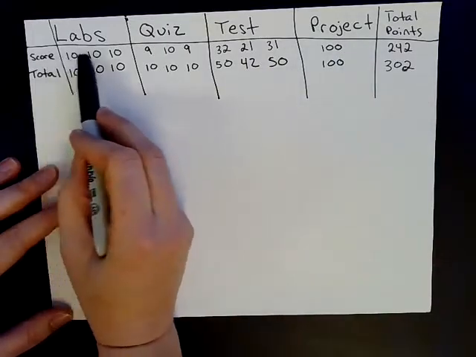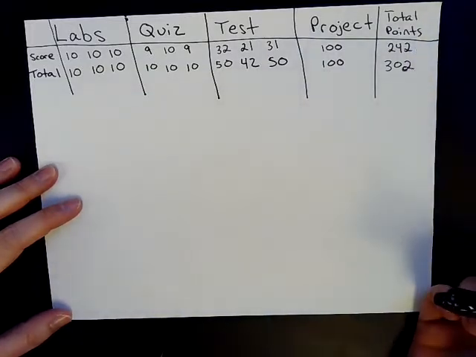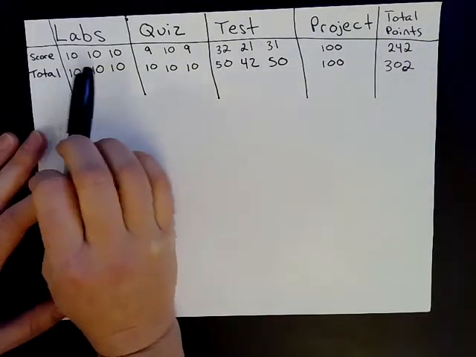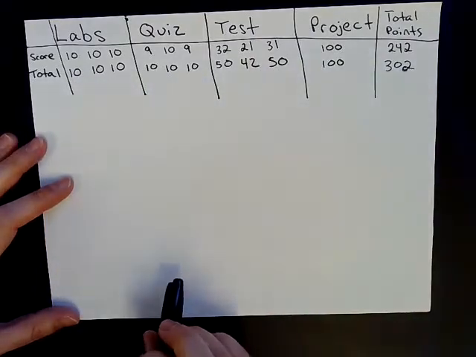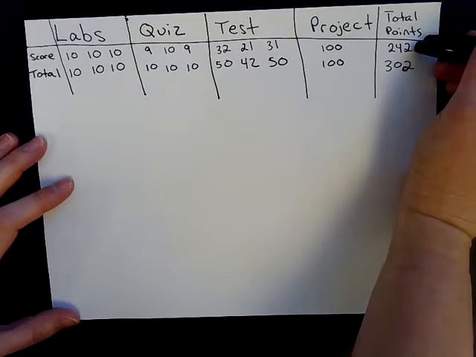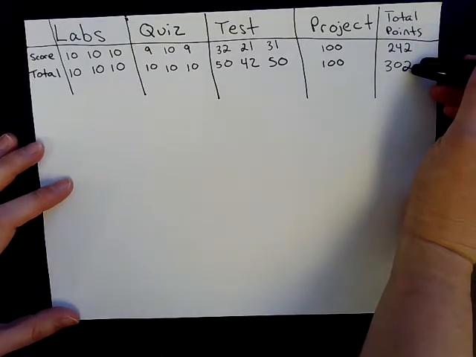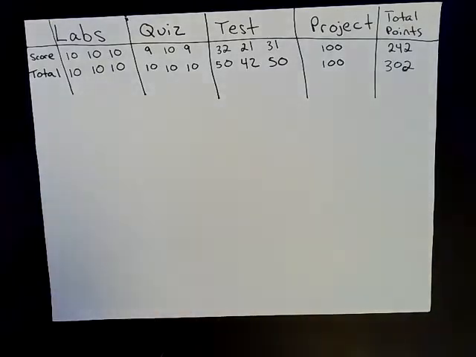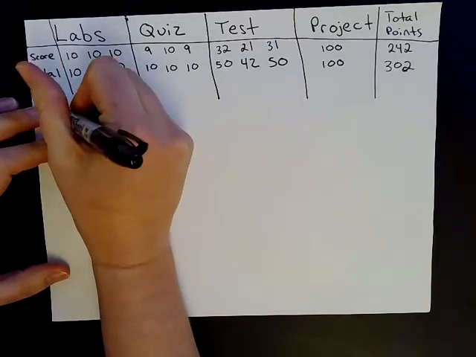If we look at total points, you would add all of these points together, and you would get 242 points. If we look at the total points overall, you would get 302 points. So if the student earned 242 points out of 302 points total, to calculate their total grade based on total points, all you would do is take 242